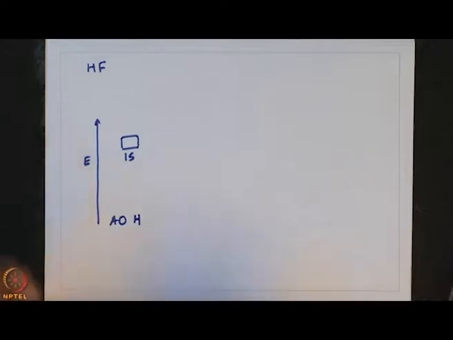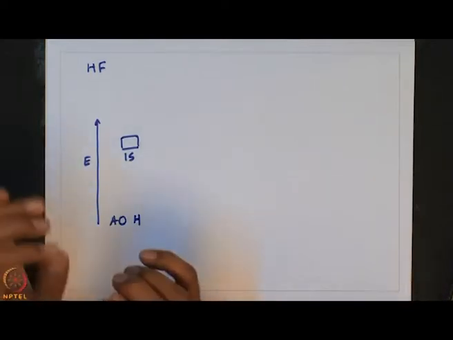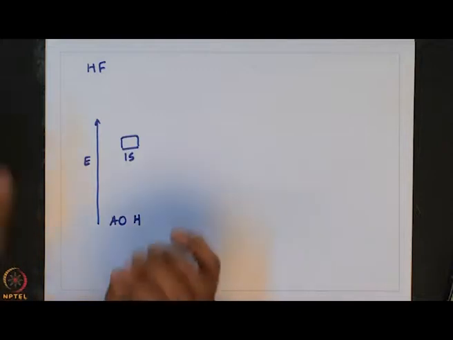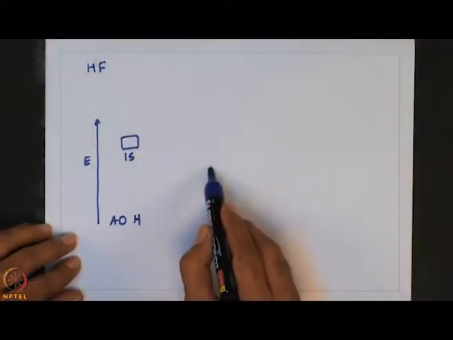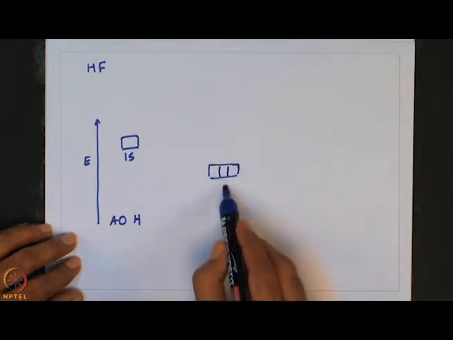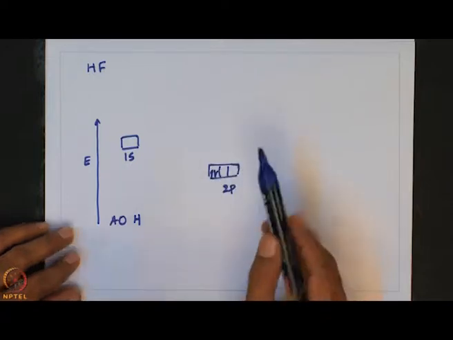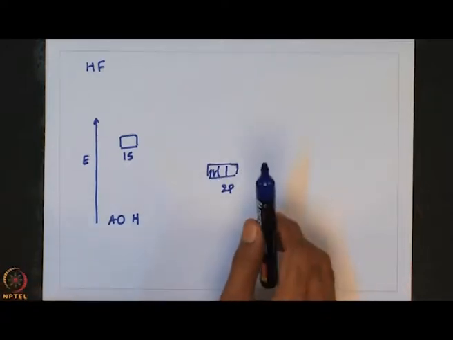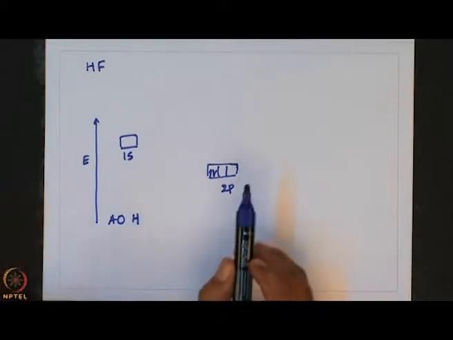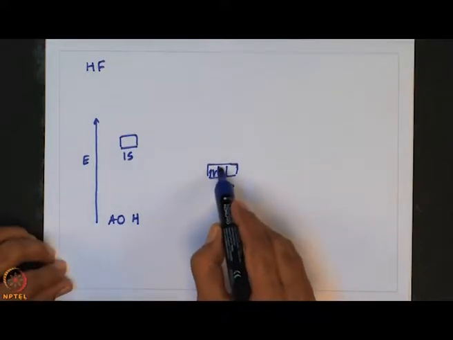Now, if you look into the electronegativity difference between hydrogen and fluorine, there is a remarkable difference. So, the energy of the 2p orbital that is going to combine with the 1s atomic orbital will be much lower in energy. So, this will be somewhere here. So, this is 2p, and we have 5 electrons. The electronic configuration of fluorine is 1s2, 2s2, 2p5. So, it is in need of 1 electron to complete its octet.